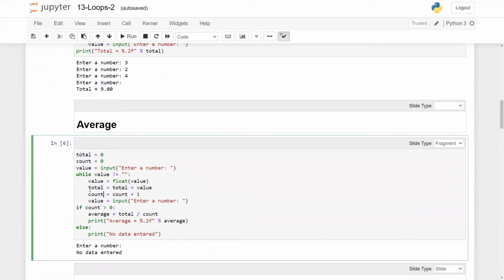Whenever we have such a variable that we are updating inside the loop, this variable has to have an initial value before the loop. So we are updating total here. You should initialize, or give an initial value to, total before the loop. We are updating count inside the loop, so you should initialize count before the loop. The second common step in these 3 problems is we have two input